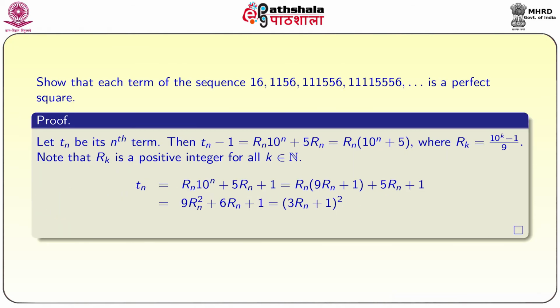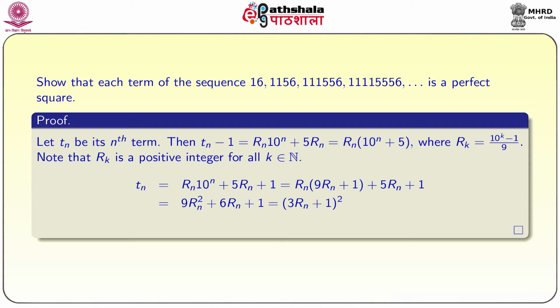Now, we are solving another problem. Here we have to show that every element in the sequence is a perfect square. We know that a perfect square is of the form 4k or 4k plus 1, but if a number is of the form 4k or 4k plus 1, it does not mean that it is a perfect square. Here it is easy to check that all these numbers are divisible by 4, but that does not mean that every number is a perfect square. So, how do we show that each element in this sequence is a perfect square?